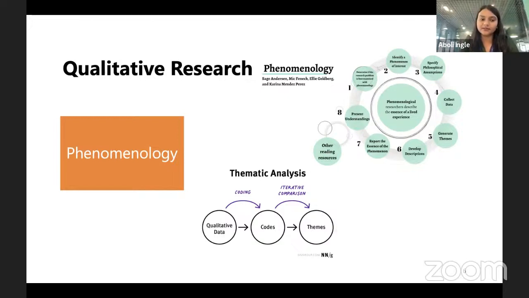So when we have these interviews with us, these interviews are called qualitative data. The qualitative data is then converted into quotes. How do we do it? We start highlighting all the information relevant to our subject. This information is then clubbed together in different categories. These categories are then further clubbed, and we do this one or two times. After the last clubbing, what we arrive at are the themes.